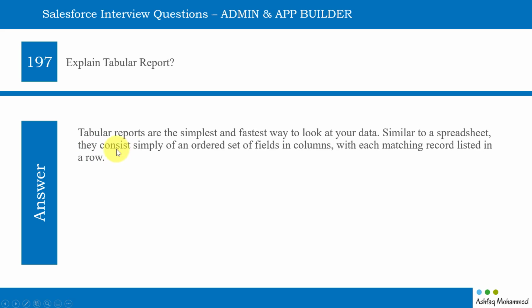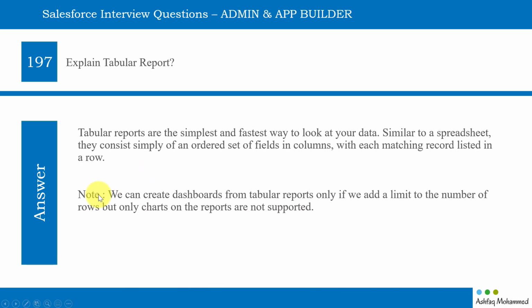Similar to a spreadsheet, right? Tabular reports consist simply of an ordered set of fields in columns, with each matching record listed in a row. It's basically nothing. It's just a row of data. Okay. We can create dashboards from tabular reports only if we add a limit to the number of rows, but